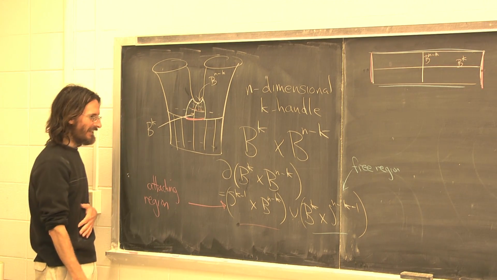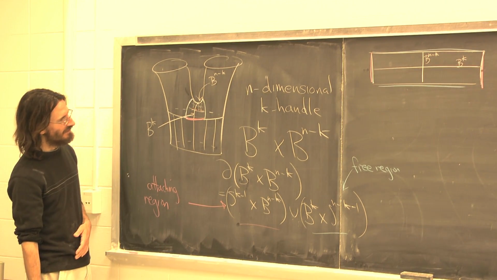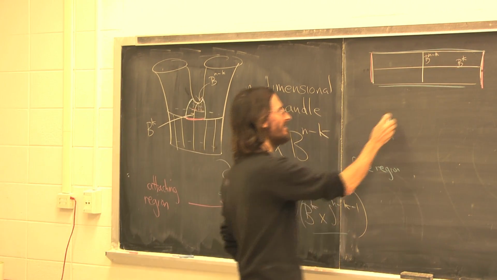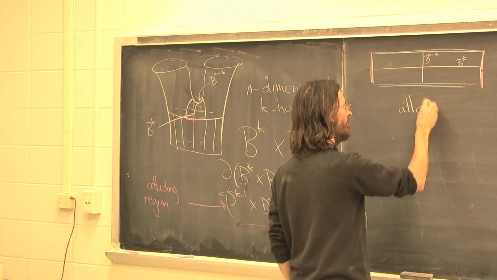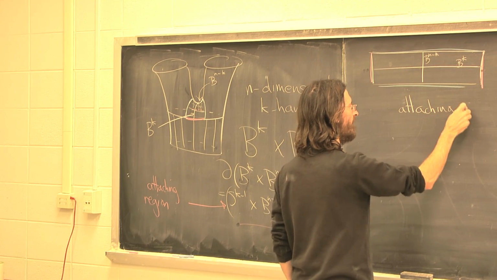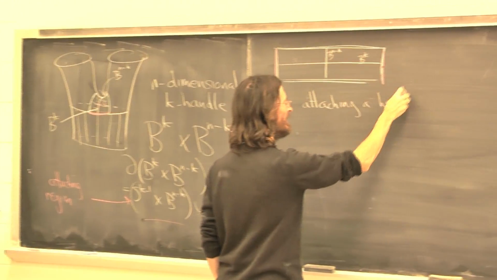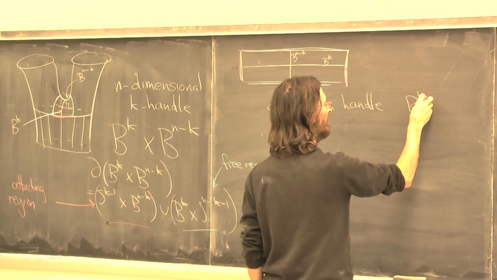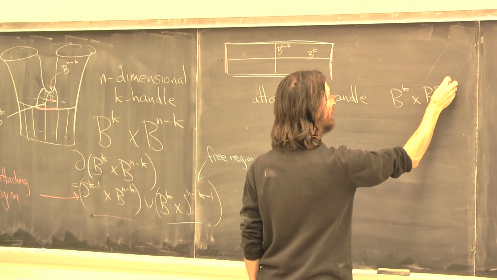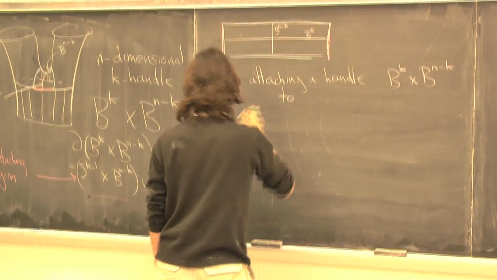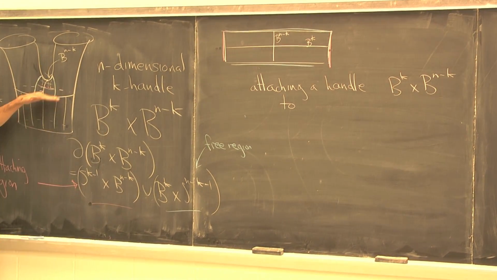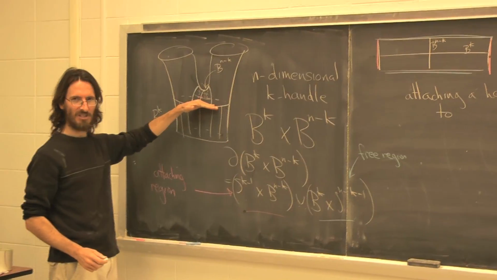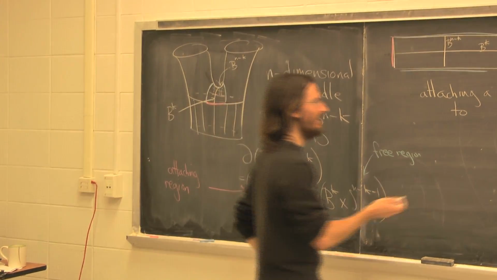And then the observation is, well, how do you attach such a thing? So what does it mean to attach a handle? Attaching a handle, k cosine n minus k, to a pre-existing cobordism. Attaching it to a pre-existing cobordism means you choose well,